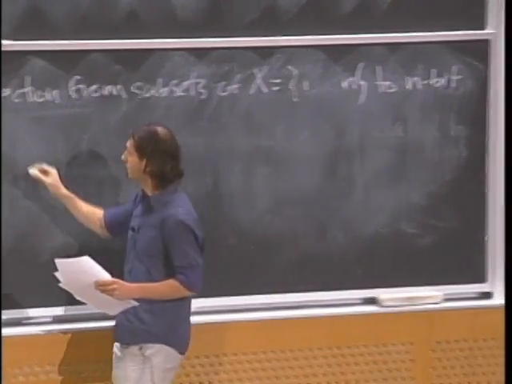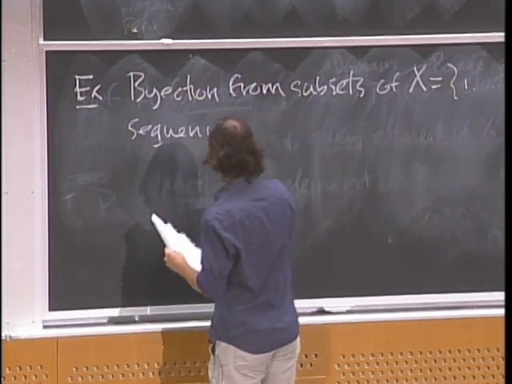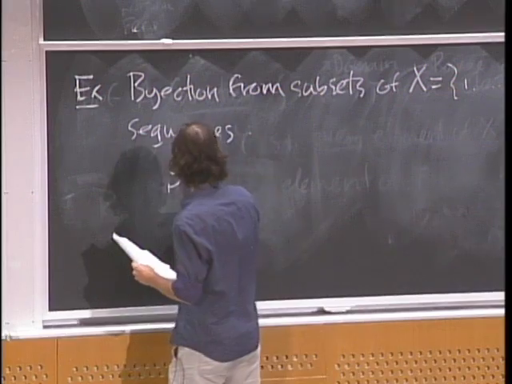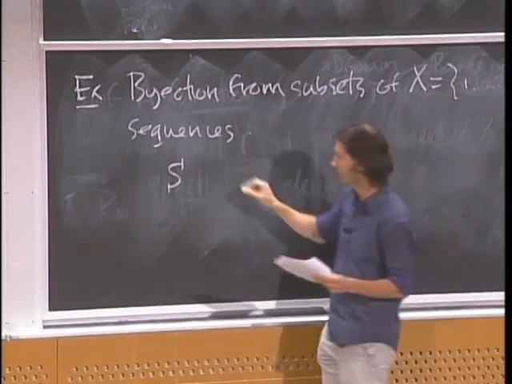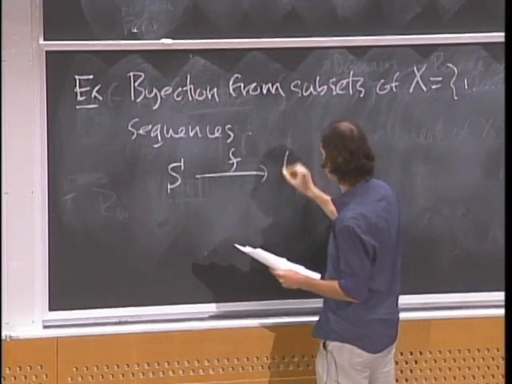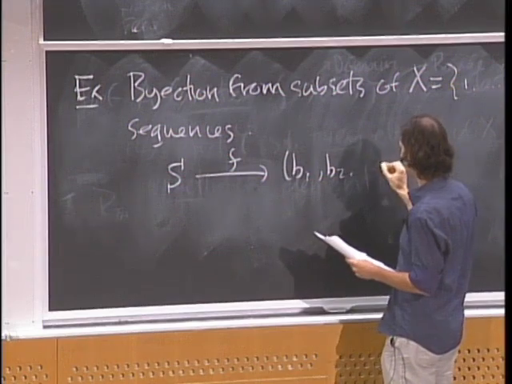We know that we can do this if we define a bijection as follows. We map a subset S under a mapping F to a bit sequence B1, B2, all the way to Bn